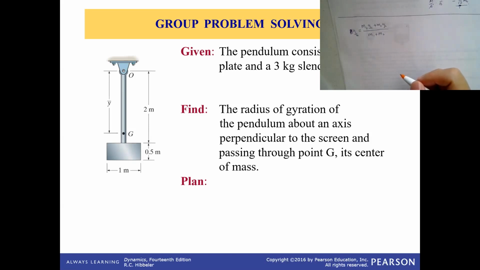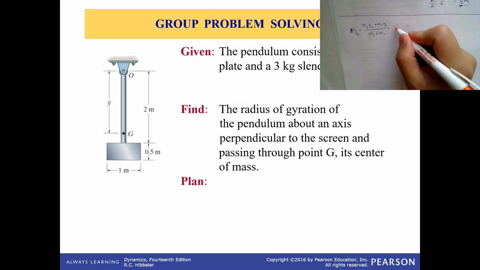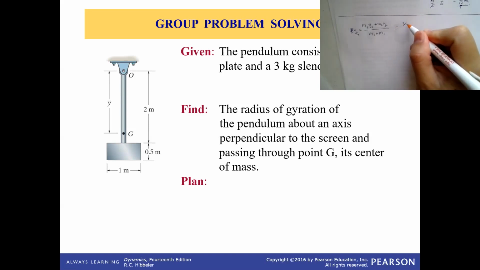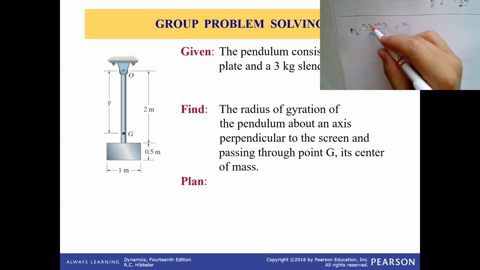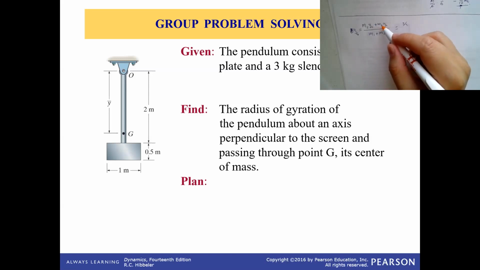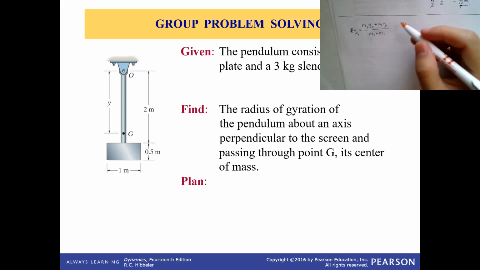Yeah, and then you're going to just plug in the numbers. The first one I think is 3. And then y1, y2 will be the center of mass for each part of the particle. So for the first one, the rod, it's going to be just 1, because its length is 2. So then the center of mass should be at 1.